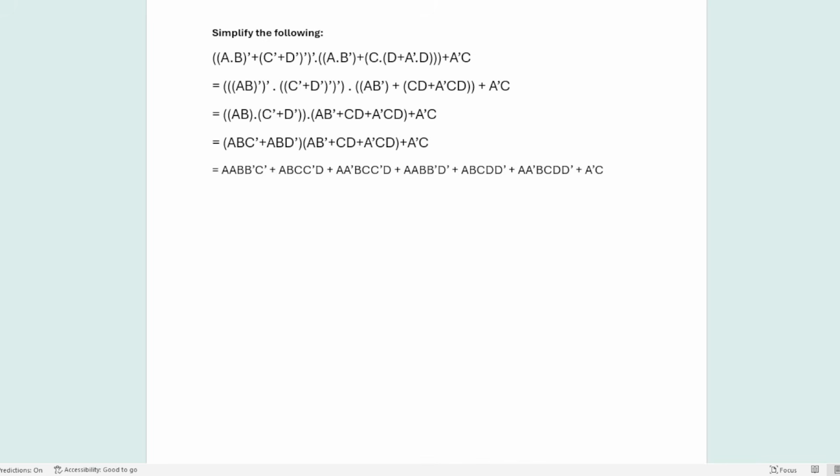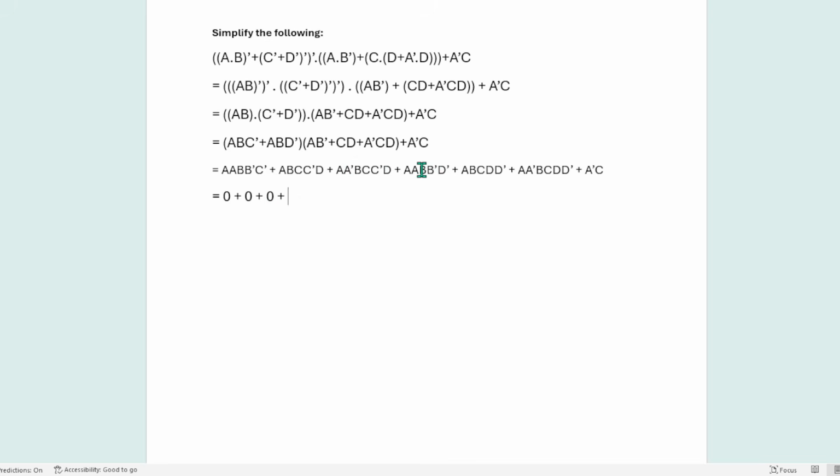So for the next line, as you can see, now this is something special, because here you can see there is b b prime. So b b prime means 0, right? That means this whole term becomes 0. So I can just write 0 there, and the same thing happens for the next term. c c prime is 0, so basically this whole thing becomes 0. And the same thing happens for the next one too. A a prime is 0, or even c c prime is 0, so this whole thing becomes 0 too.